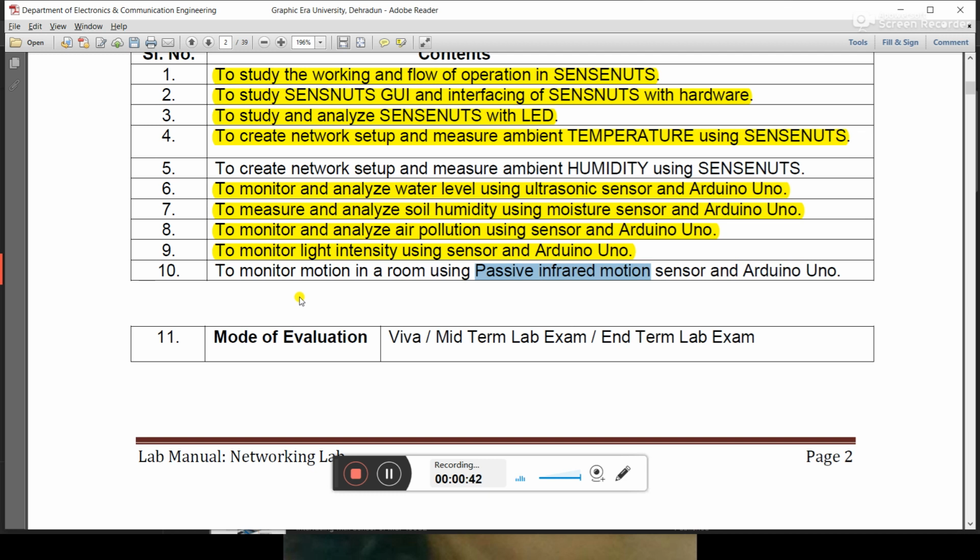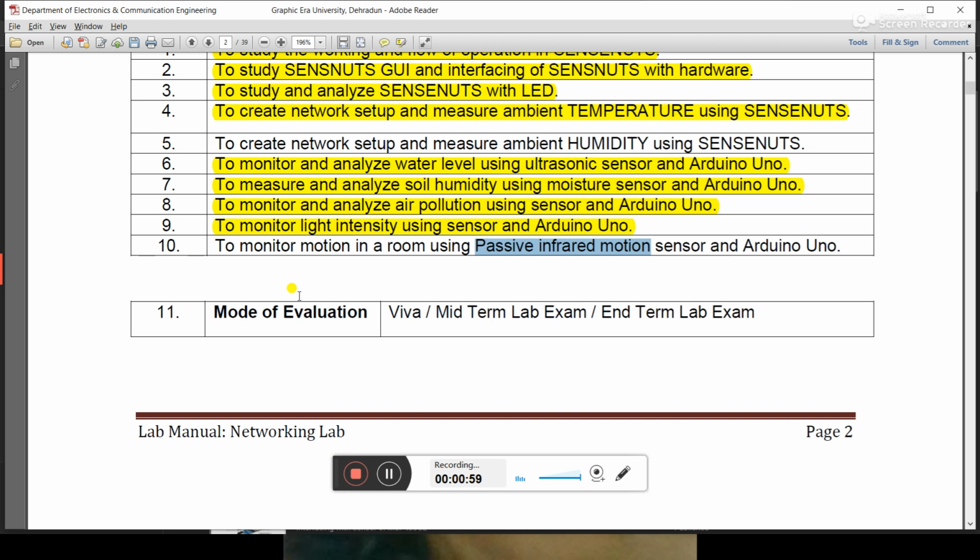It is used to detect human presence in a room. It is used to detect the presence of animals. It is used for security purposes. It is used for detecting and switching on a particular light when any person is present there. It is also used in robotics, and in many types of infrastructure where we need to find whether a human is present or not.